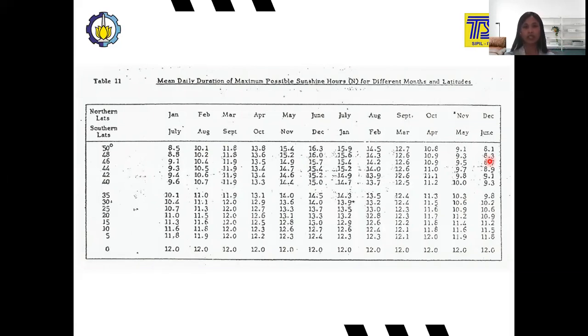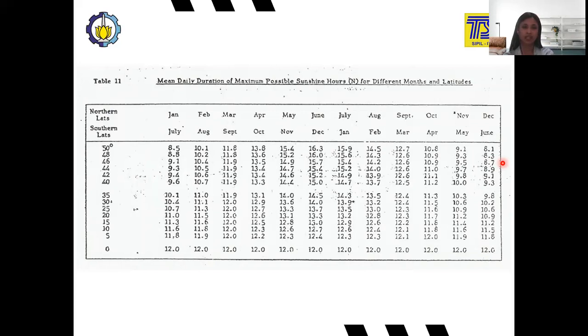There will be a lot of differences. As you can see in the table, there are up to 15 sunshine hours per day in the summer, but in the winter there will be only, for example, 8 hours per day,